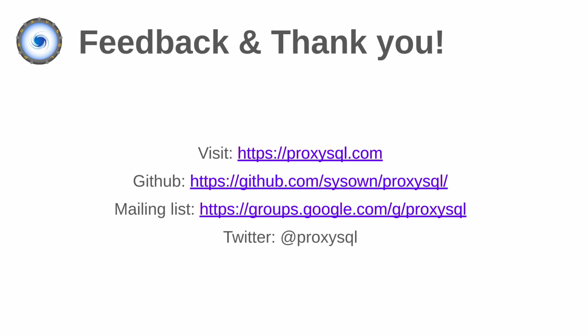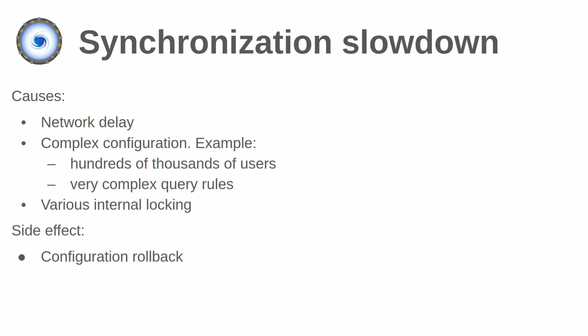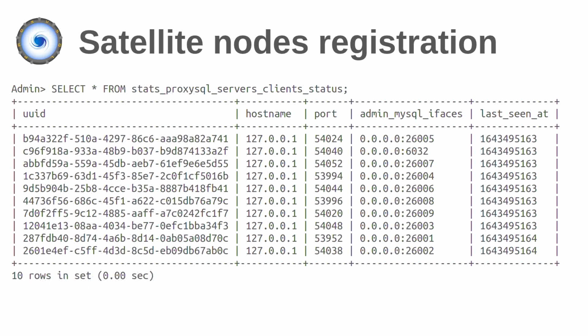Exactly. And yes. So other than checking for conflict, does it do any other sort of health checks on the other nodes to know if a node is bad? No, but the fact that now we have this table allows us to create any sort of extra tooling. You can be connected to any of the proxies and just get the metrics from this one, and you can connect to any remote proxy in the satellite layer.